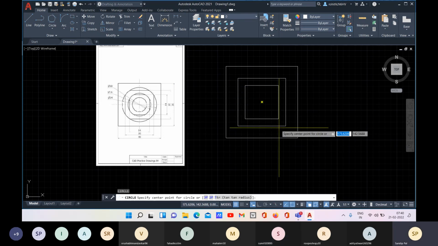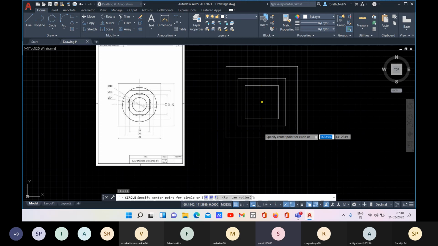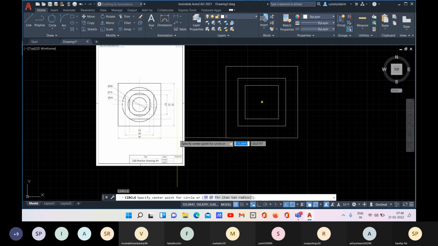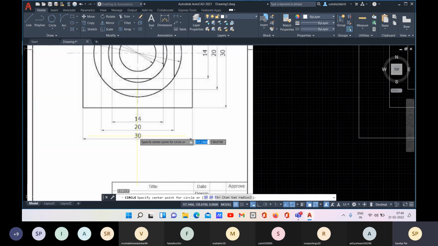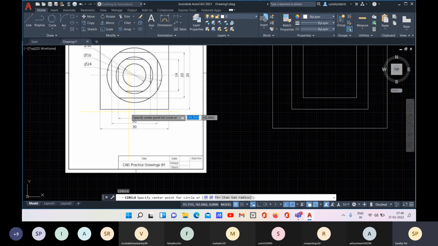Sir, how did you calculate the offset distance? Yes, offset distance. So now you can see that this one is 30, right? The outer rectangle or outer square is 30, and the inner rectangle is 20, correct? So from each side, the distance is 5, right?